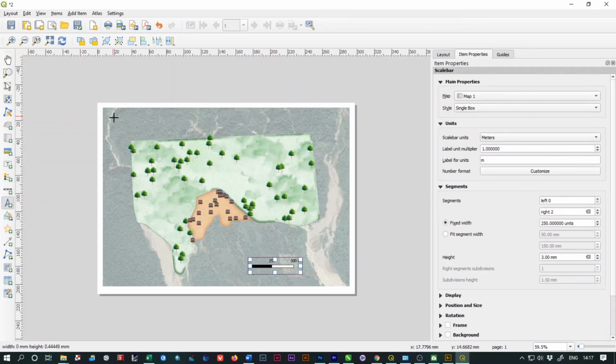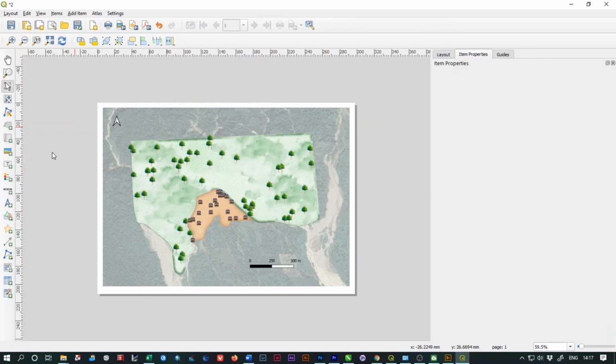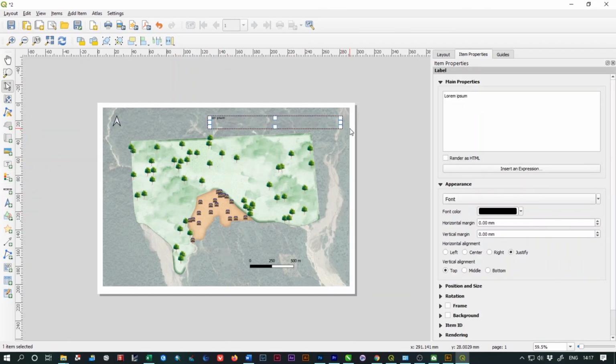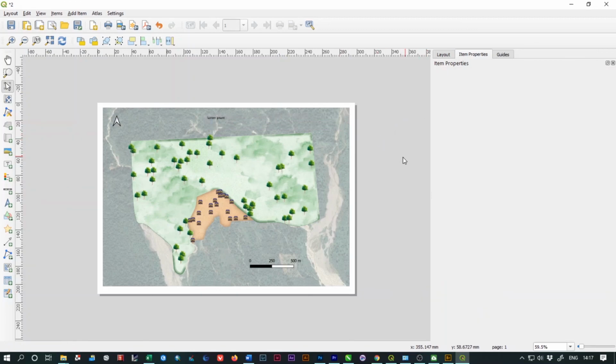some direction symbols, and some text as required. It depends on your project. So add this and use this type of effects on your map. It's very helpful. Okay, that's all for today,